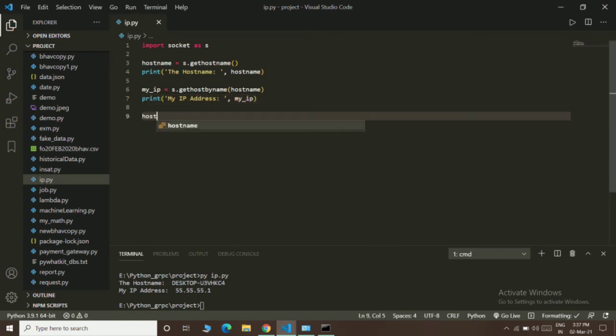the IP address of any website, just create a variable host equal to facebook.com. Suppose facebook.com.